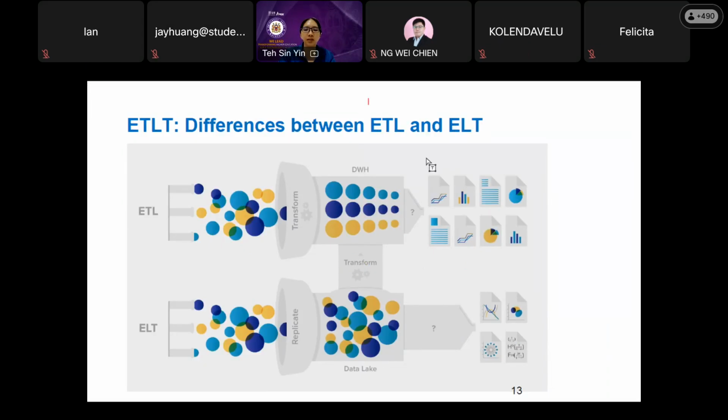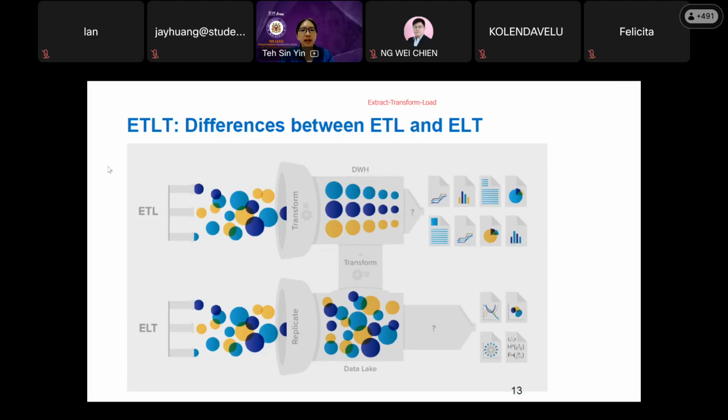Let me type it down. Extract, transform, load. And ELT, the other way around, means extract, load, and transform.